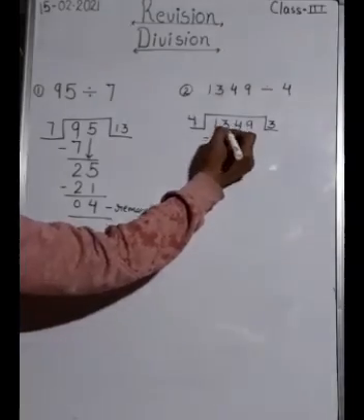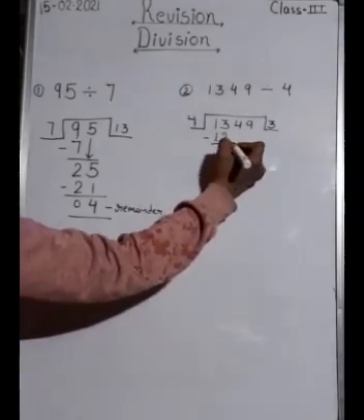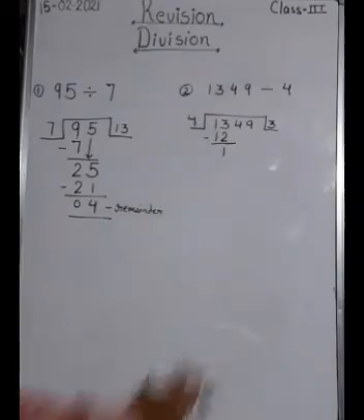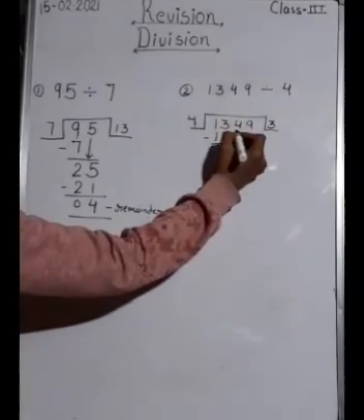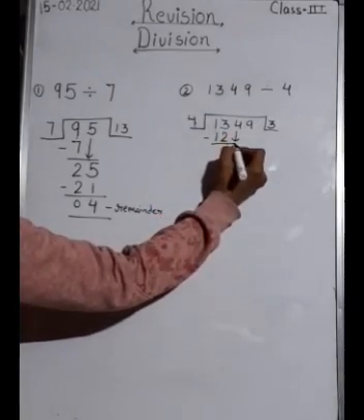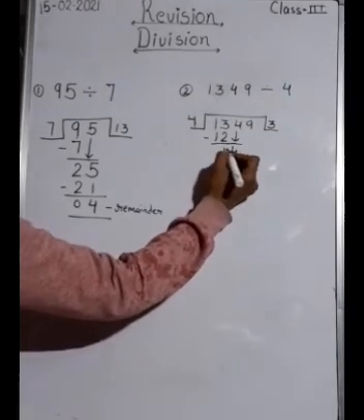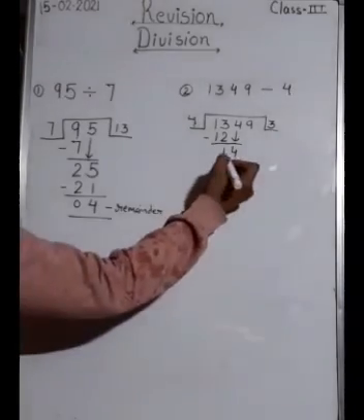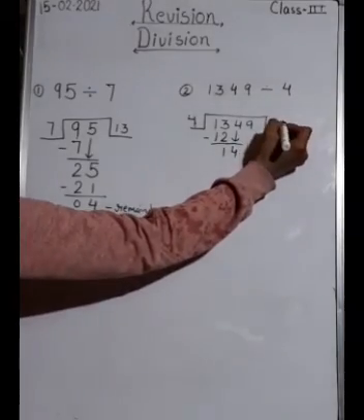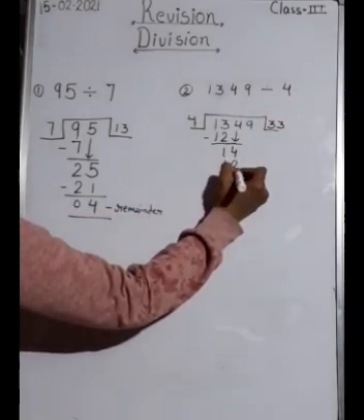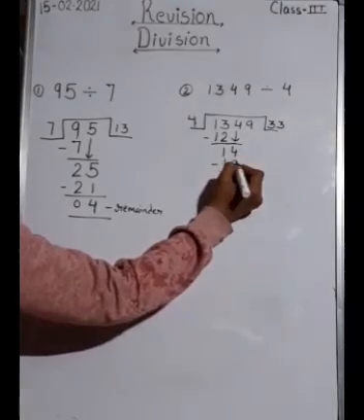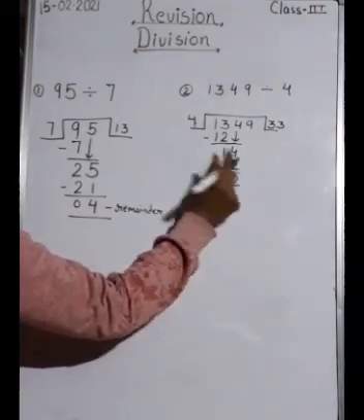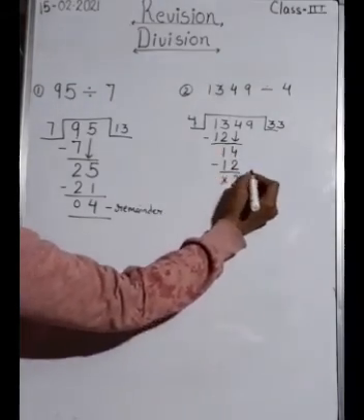Now subtract this. So 13 minus 12 will be 1. Okay, now it is 1. This 1 is smaller than 4. So you have to copy the another digit. So I have copied 4 over here. Clear? Now you have to find the number which is smaller than 14. So 4 ones are 4, 4 twos are 8, 4 threes are 12, 4 fours are 16. Again 4 fours are 16 is greater than 14. So you will again go with 4 threes are 12. Okay, now subtract these two. So 4 minus 2 will be 2 and this 1 minus 1 will be 0. So no need of writing it.